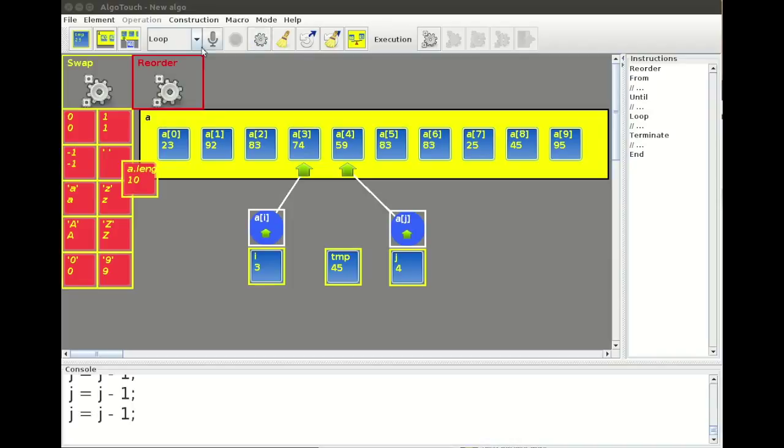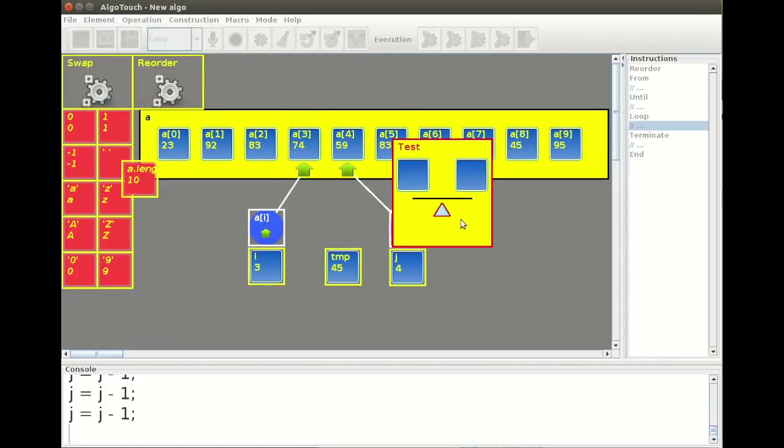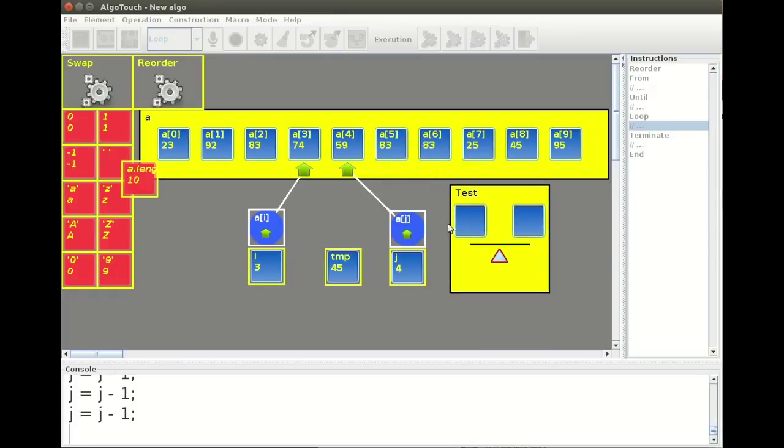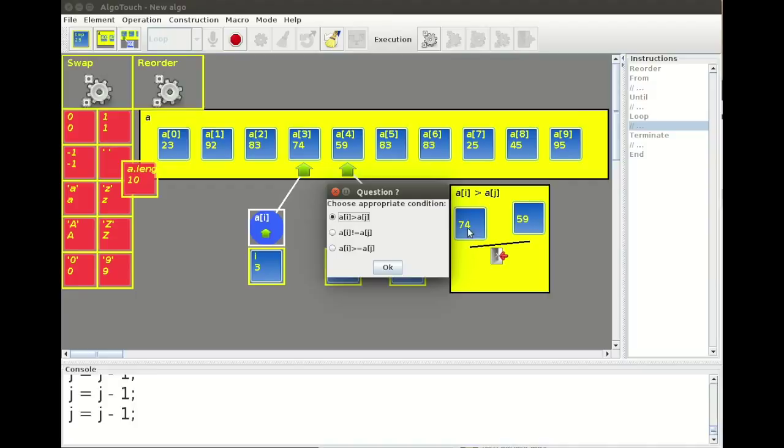So I will record the sequence of actions to do this, but I don't know if I need to swap or not, so I have to use a comparator, which looks like a scale, and I will compare AI and AJ. The system tells me that AI is heavier than AJ and asks me what is the appropriate condition.